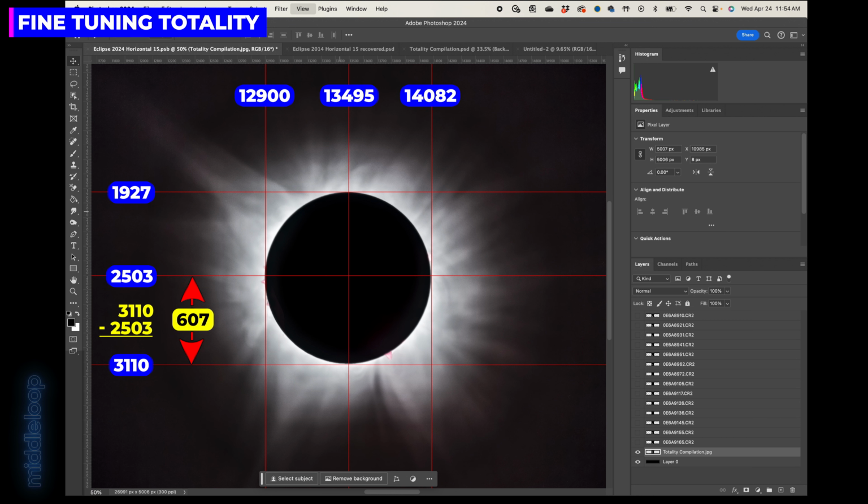We know the distance between the two is 607 pixels. And if we subtract the center horizontal from the top line, that distance is 576. So that means the bottom of the sun is a little further from the center than the top. If we subtract the two, we get a difference of 31 pixels. Dividing that by 2 tells us we need to move the sun up by 15 pixels. Doing the same for the left and right, we know that we need to move the photo to the left